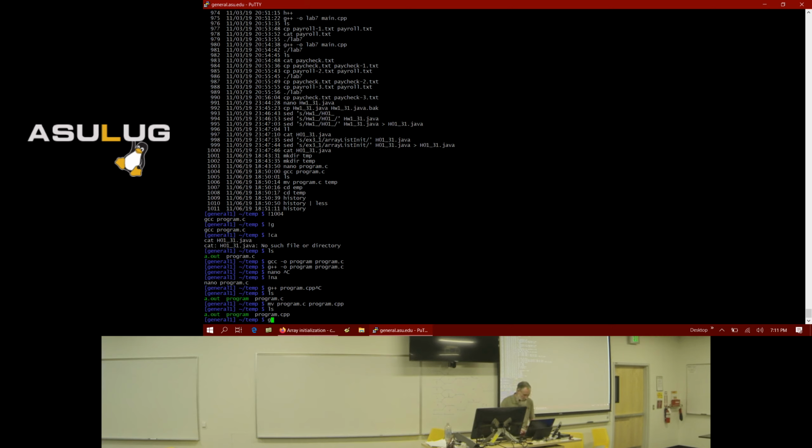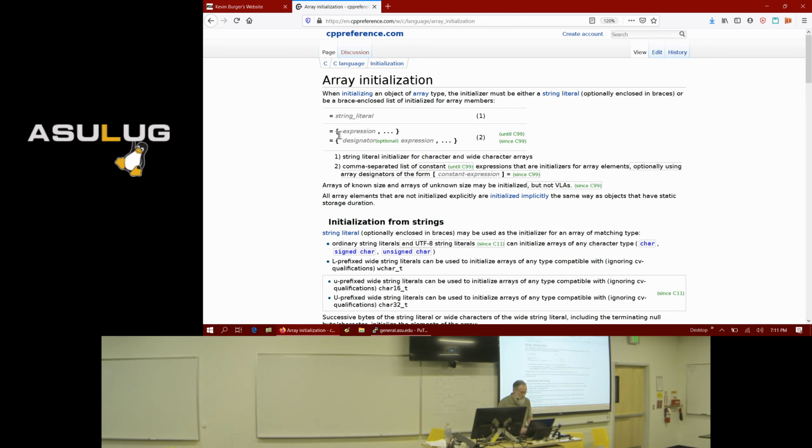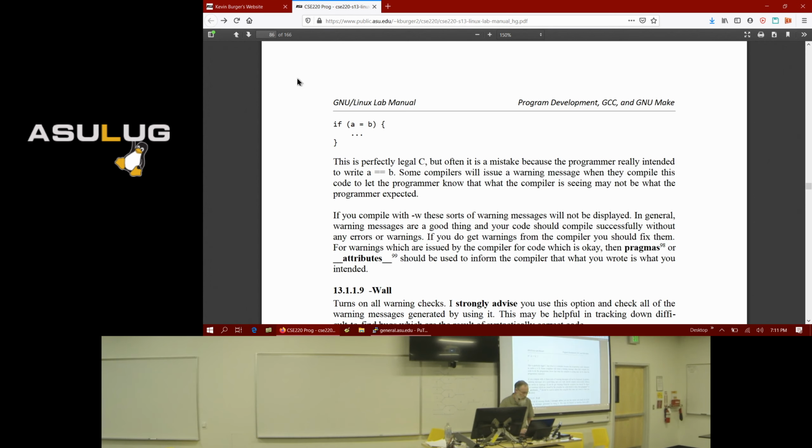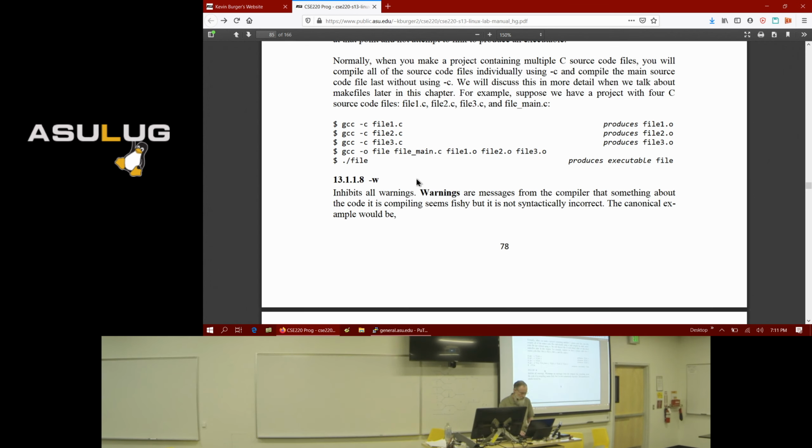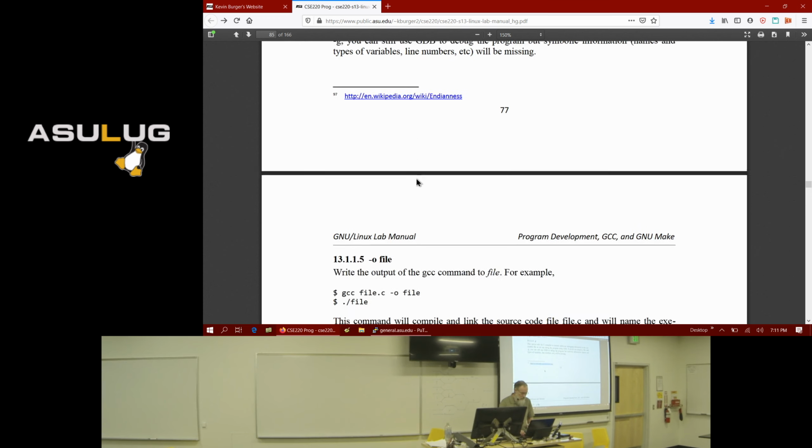So let me try to build this now, because I want to see if that allows me to put a variable there. Oh, Ethan, if you're going to debug code, you have to specify this compiler option.